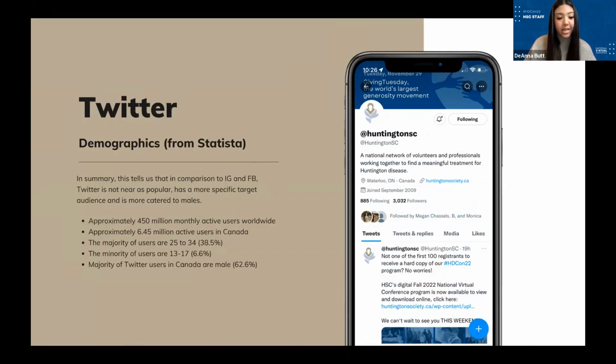The least popular age group is 13 to 17, occupying about 6.6%. The majority of Twitter users in Canada are male, occupying 63%. This is the first platform we've seen today where the majority is male. So in summary, in comparison to Instagram and Facebook, Twitter is not nearly as popular, has a more specific target audience, and is more catered to males.